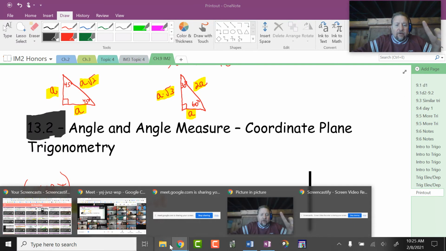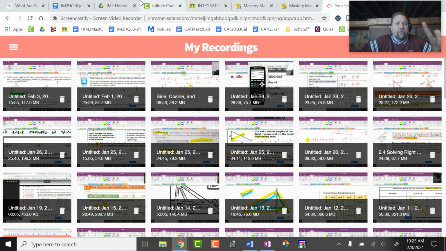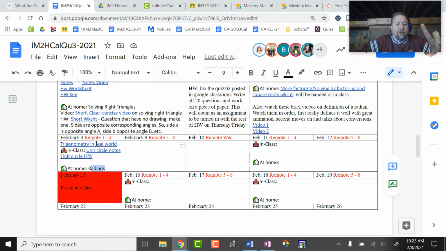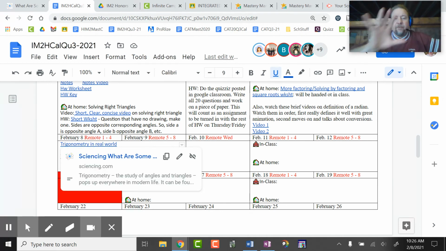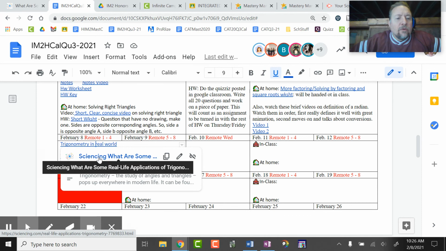Now, this is going to be weird, and I am going to go back to the calendar. And I'll show you something else that I put in here. Trig in the real world. My daughter Sammy talked about, when I grow up, I want a really big, nice house. Here, I have some pictures from Pinterest of what I want my house to look like. Brick, and big staircases and all this. And they go,